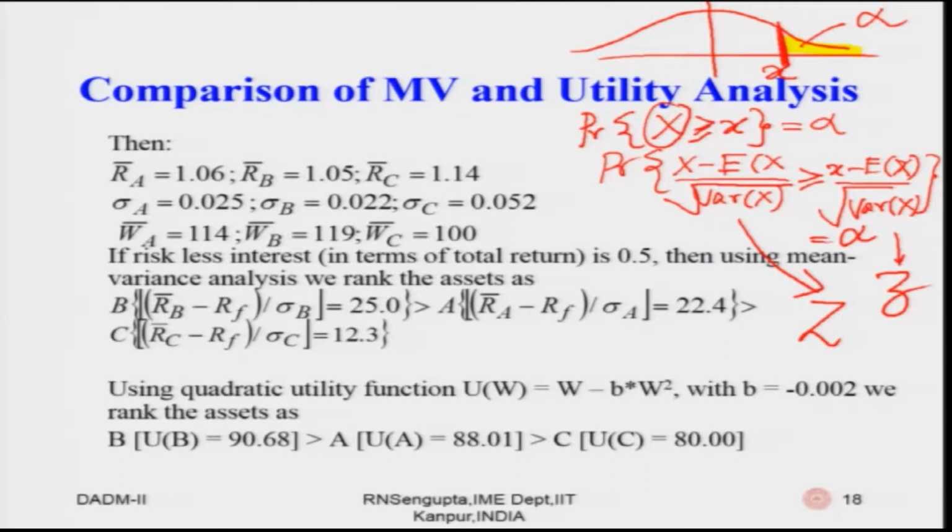So, if you plot them along the x axis and then try to find the one-to-one correspondence with respect to the standard normal, you can rank them immediately, where B returns are greater than A returns are greater than C returns. Now, this was based on the mean variance concept. Mean means these bar values were the means, and the variance was the square root of which is the standard deviation, sigma A, B, C depending on the suffix. Now, you have ranked them.